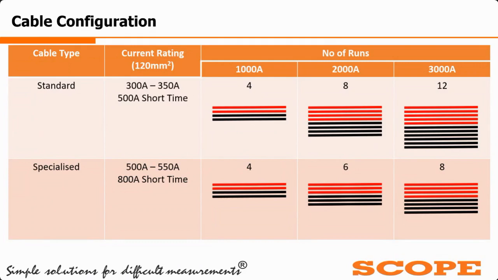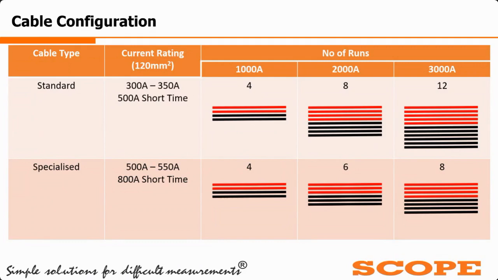And we can see some specialized cables are there. The cost of the specialized cable is very high with respect to standard cables, and the majority of manufacturers are using the standard cables, so the weight of that cable is very high, and the injection capacity is up to 350 ampere, and for a short time it is 500 ampere. Short time means we can inject current for 10 minutes or 15 minutes maximum.